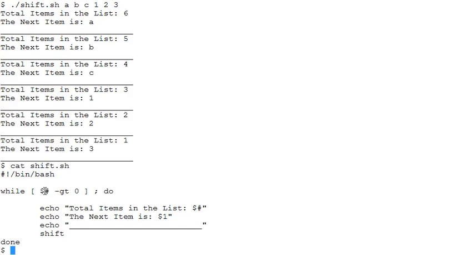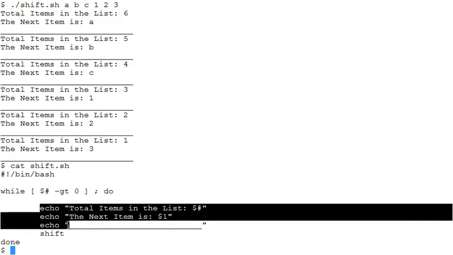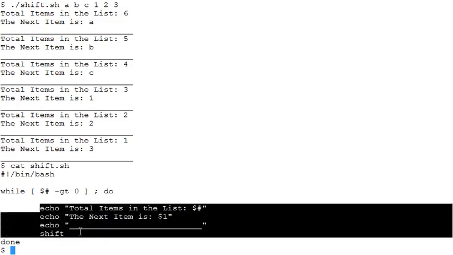The condition here becomes 0 greater than 0, which is false, and so this entire block is skipped. The control goes past the done statement, as there is no more code or no other command in our script. Our script simply exits at this point.